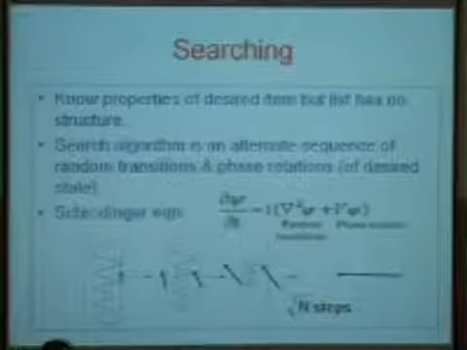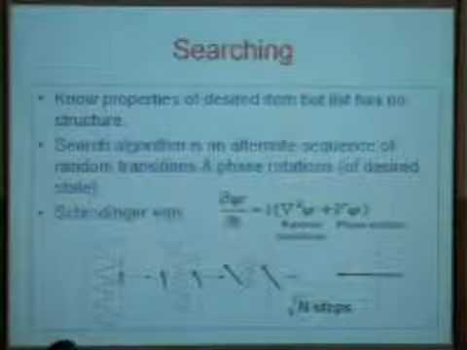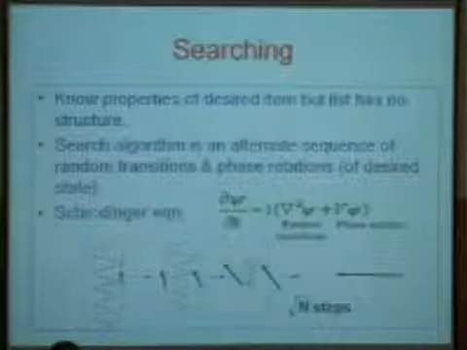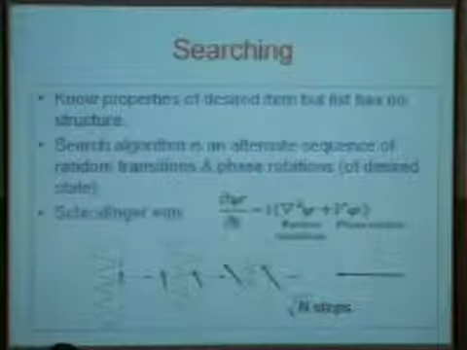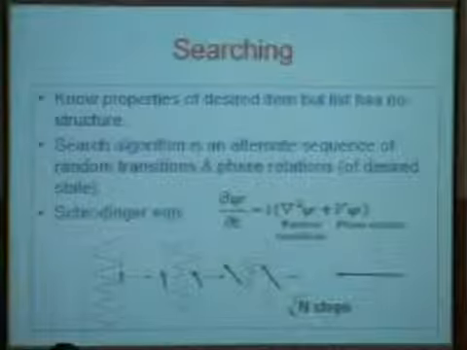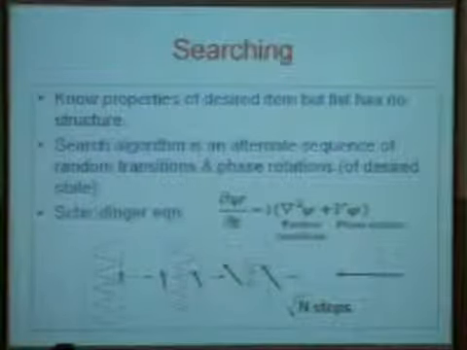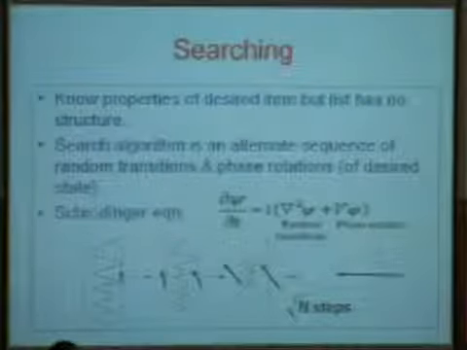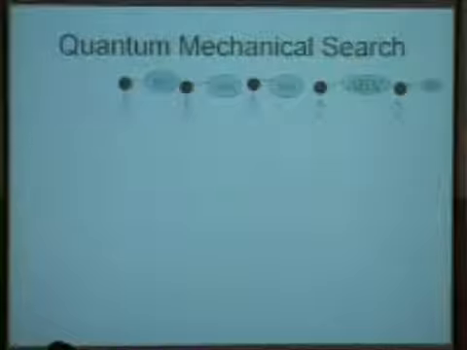It turned out I was looking for an exponential improvement. So when I found a square root of n, I lost interest in it because it would not solve the NP-complete problems, which was what I was interested in. But after a while, when I could not make any more headway, I went and showed this to Peter Shor, and he said even the square root of n might be of interest. So what is the algorithm?